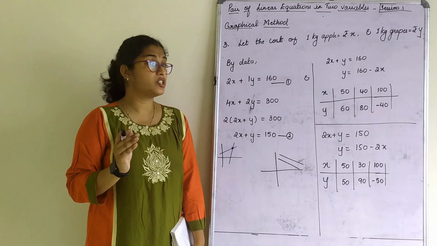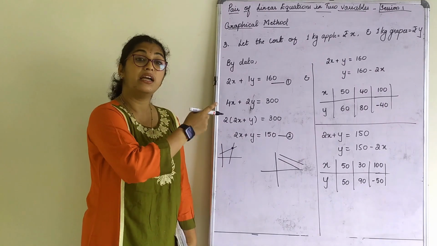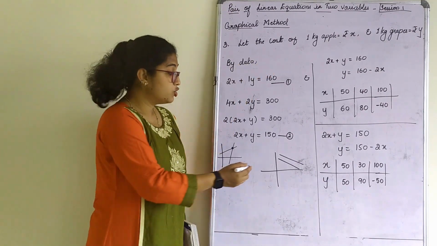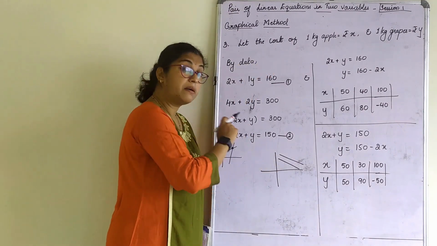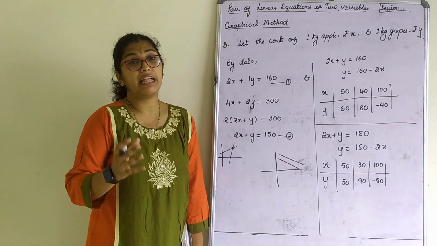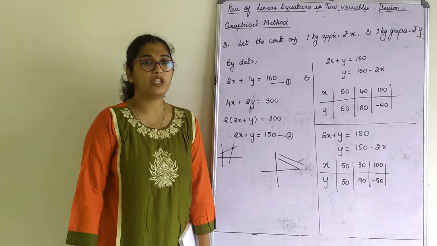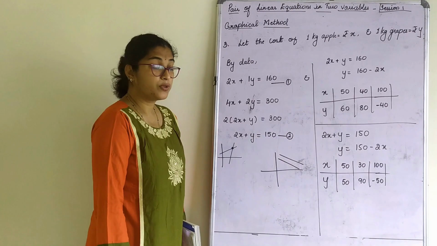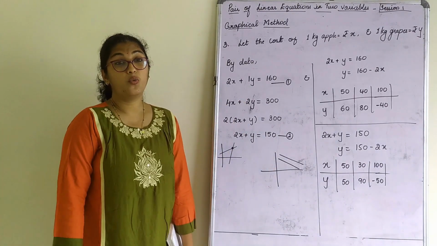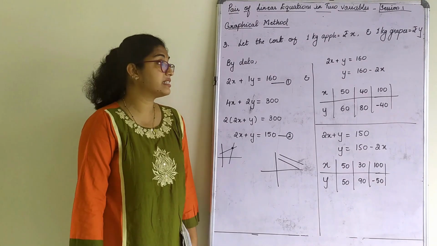Now our role is only to represent the given situation algebraically, which we have done. After doing that, represent them graphically. That's all. So when you plot the graph, you get parallel lines. The conclusion will be the lines are not intersecting, hence they are parallel. That should be your conclusion. Yes, very clear. So the lines will be parallel here for this graph. Why is it parallel? Why the assumption? Let us see that in our next class.